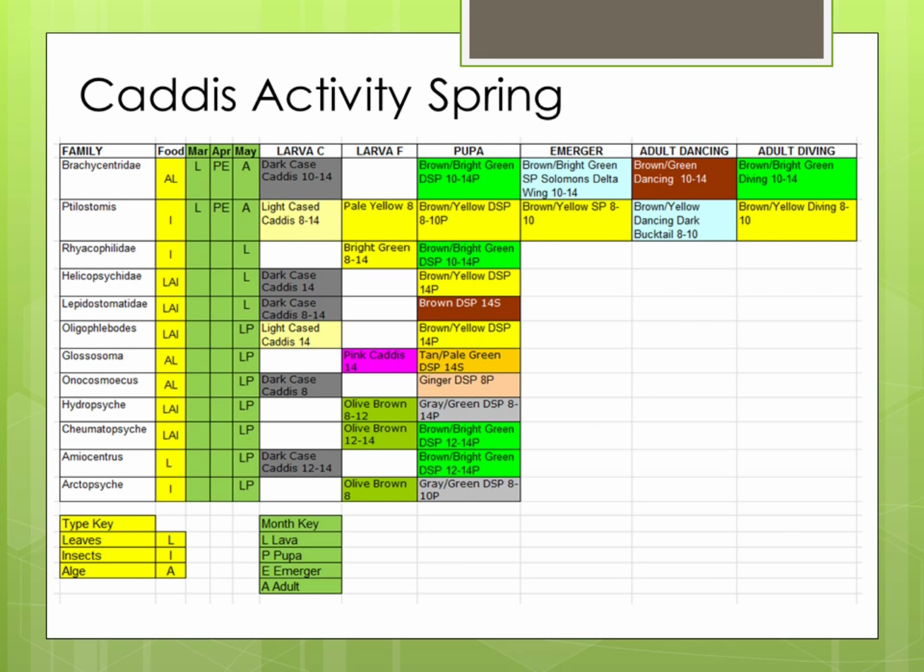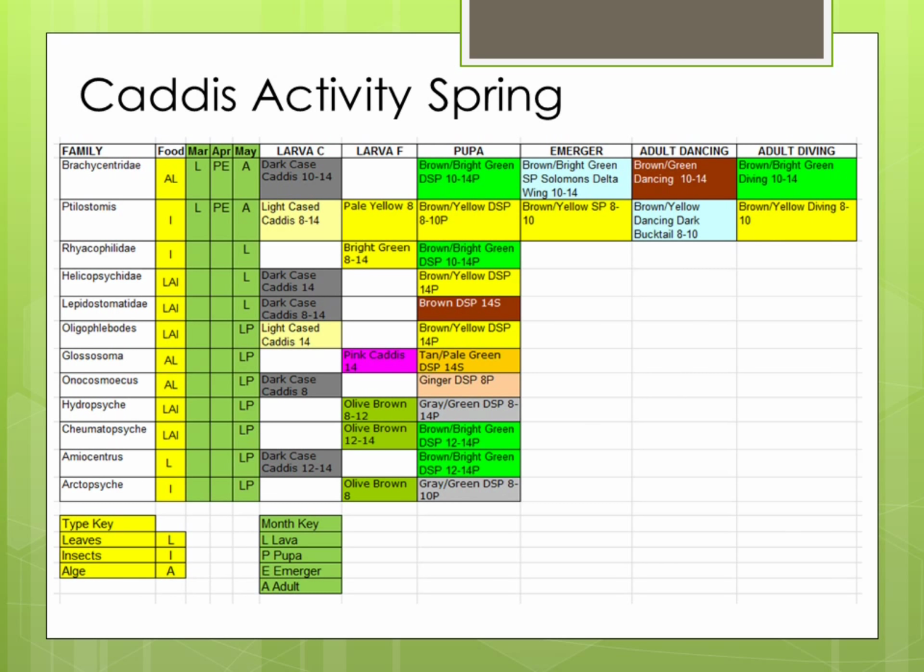As you can see by the chart, 7 types of larvae live and move in cases, marked larva C on the chart, until they become pupa. Trout will eat them case and all, but they prefer not to. Another 6 larvae, marked larva F on the chart, usually leave their cases and free float 2 feet above the bottom from a distance of 20 feet to 200 feet during the daylight hours. They do this to find new feeding areas and to actually build new cases. They drift with the current until they find a suitable place and will do this several times during daylight hours